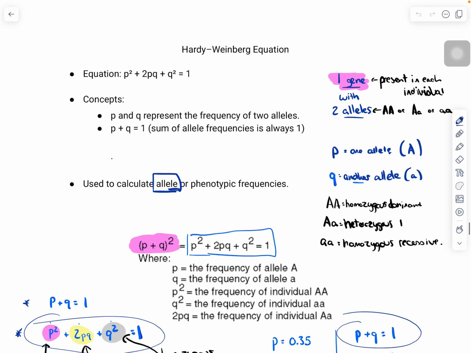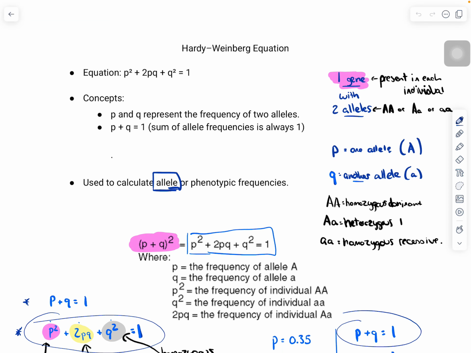Okay, so I just want to talk a little bit about the Hardy-Weinberg equation. This will help you explain how this works. So literally there's two equations you need to remember. Okay, you need to remember,